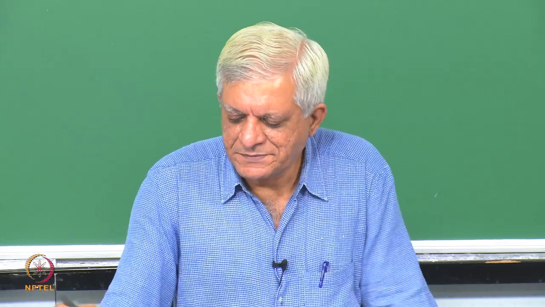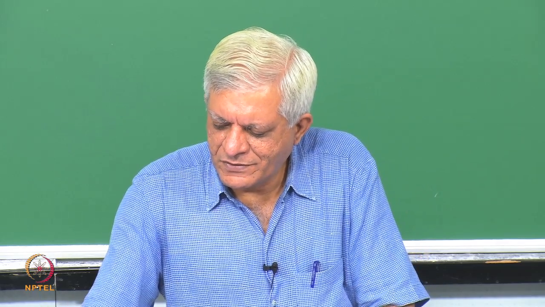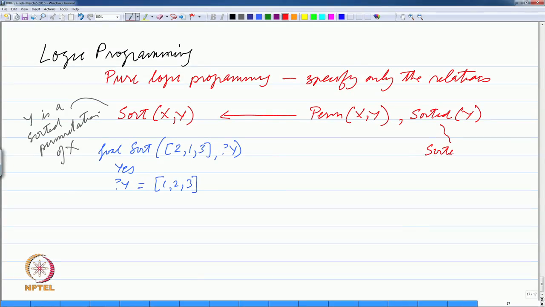So, how do you define sorted? For example, you could say an empty list is sorted. Then you could say, let me use this square bracket notation, that a list with one element is sorted by definition, but if it is a longer list,